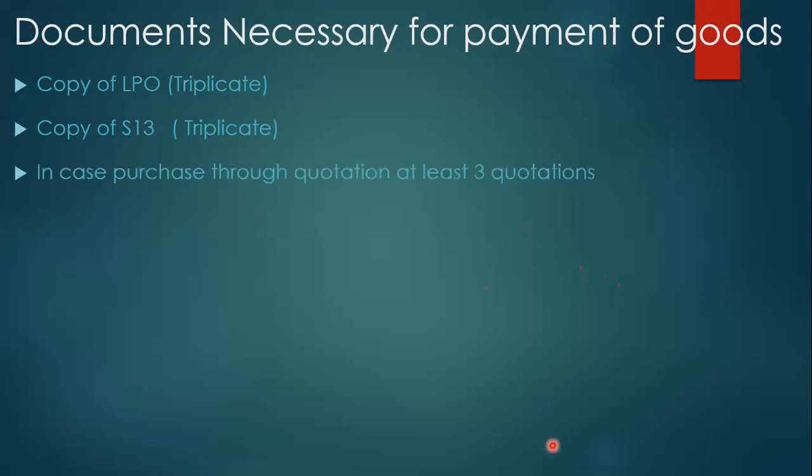Then in case of purchase through quotation, we need to see it. We didn't have an interest with one supplier, but we need to have at least 3 quotations showing why we rejected the others. Then a letter of authorization from the head of the department. That's the first thing I said, the requisition letter. We need to have a letter of